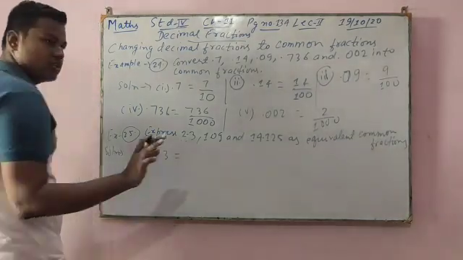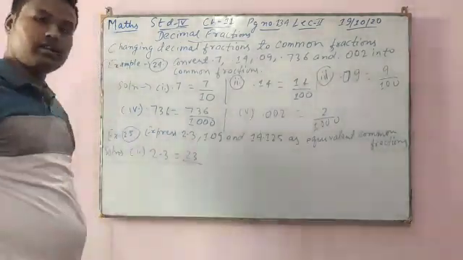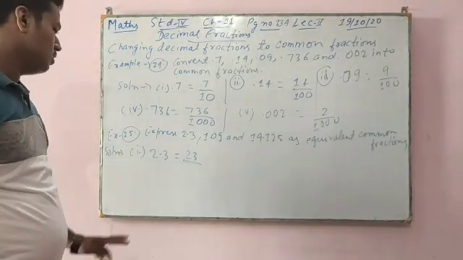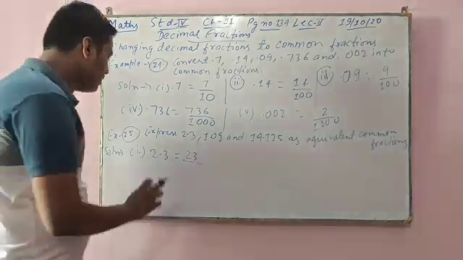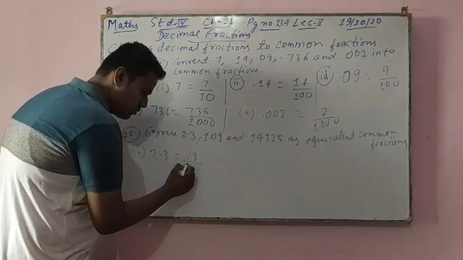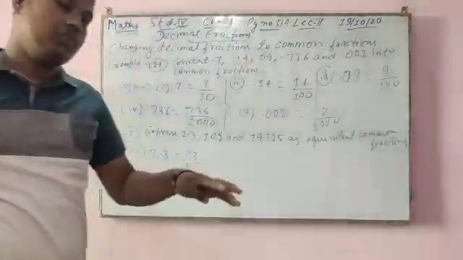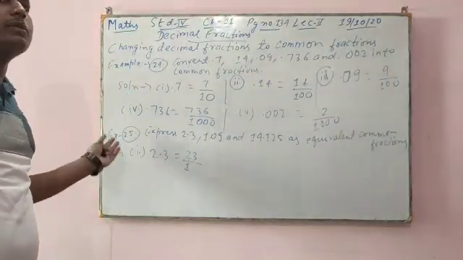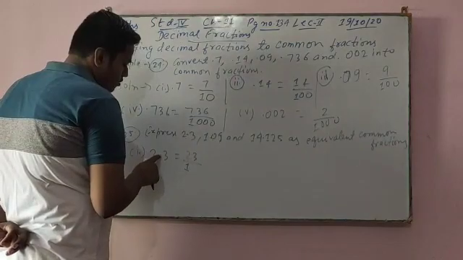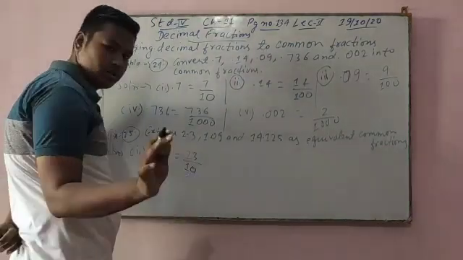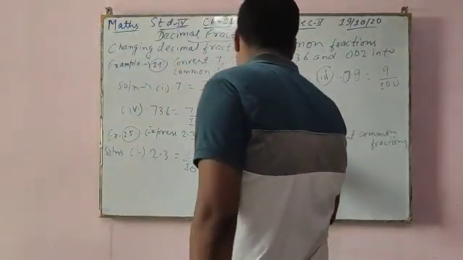So see here the number is 23. Forget about the decimal; whatever number they have, write it in the numerator. Now before the decimal there is one number and after the decimal also one number. So take the decimal as 1. Always we count the numbers after the decimal, not before the decimal. So after the decimal one number, so 1 zero.